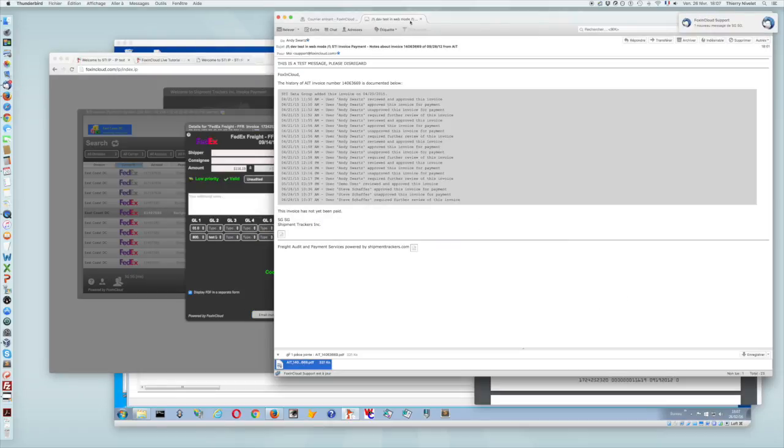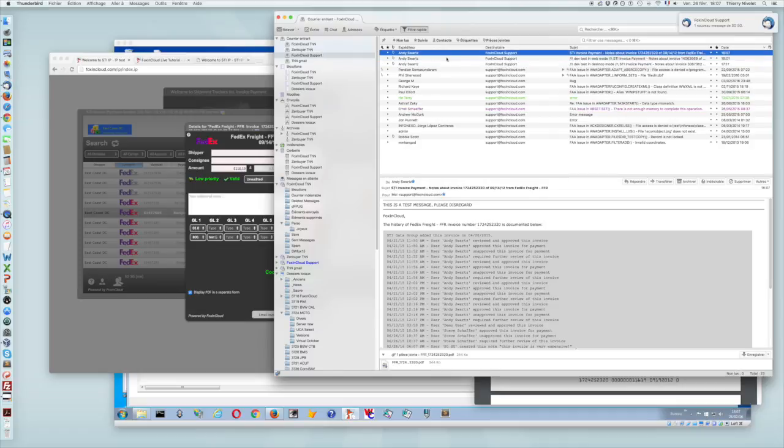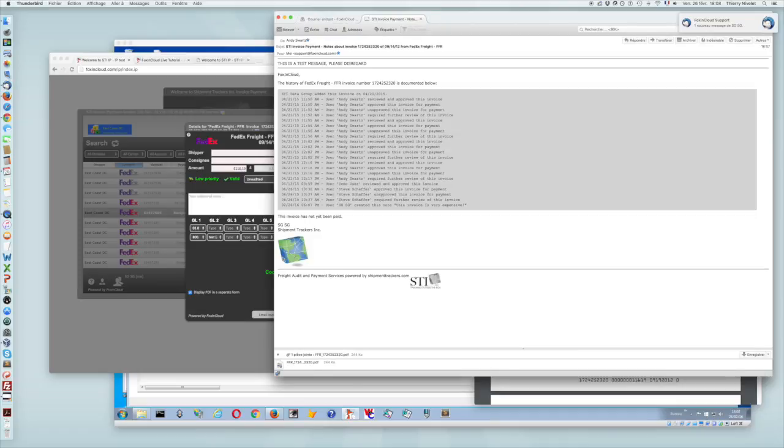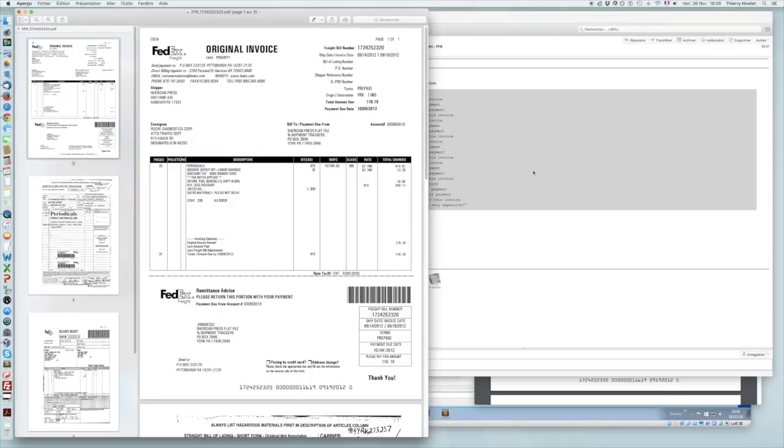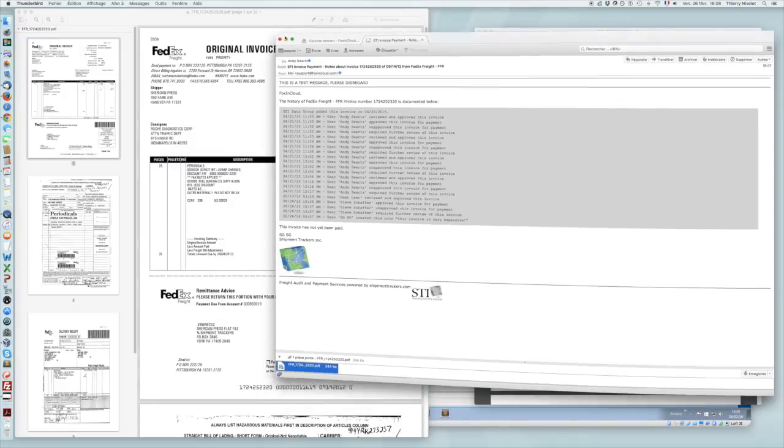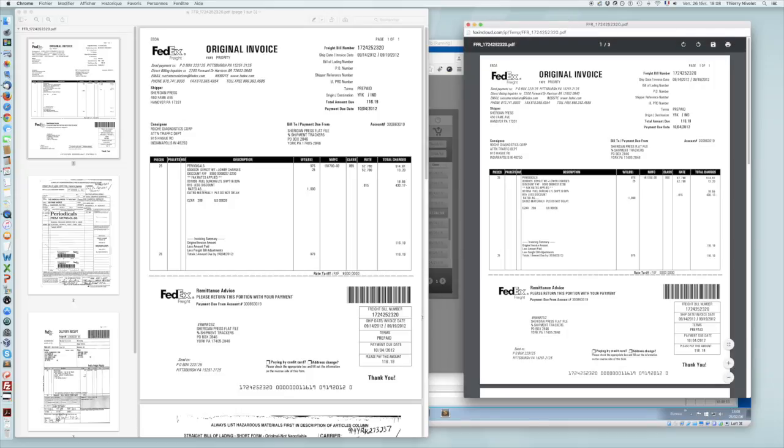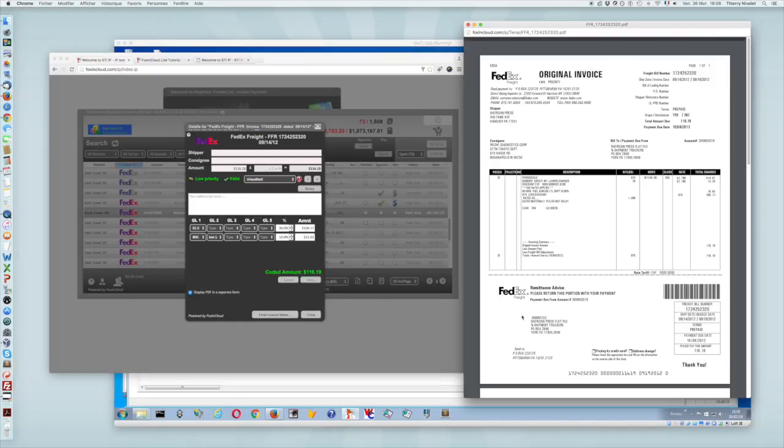Here we are, it just arrived. Okay, and it's here, and you can see the invoice PDF, which is exactly the same as what we had online. Is it the same? Yes, it is. 118, 118. Exactly the same. Okay. So now,